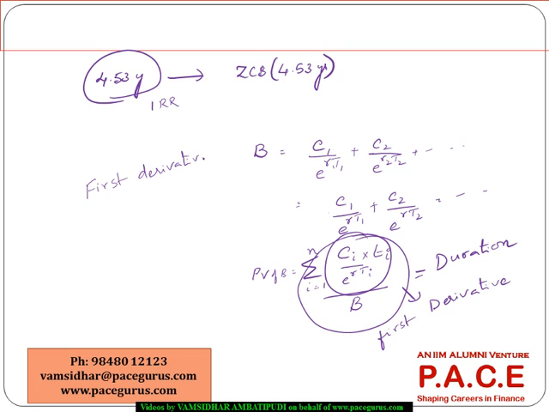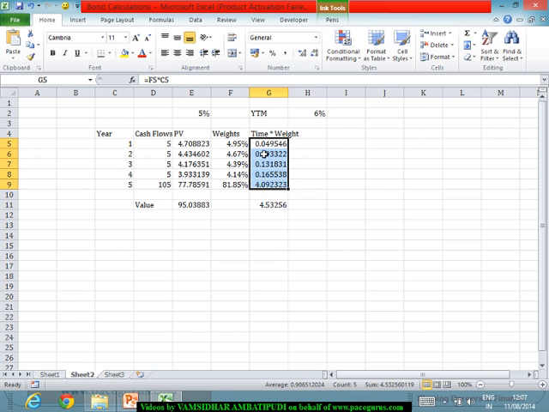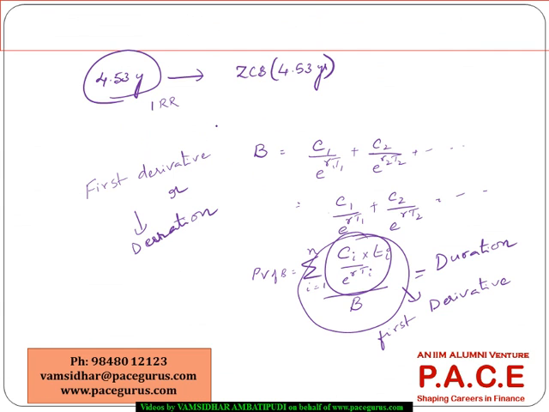If that is giving me the expression relating to the first derivative of the price with respect to the interest rate, that is also giving me the concept of duration itself, which means either I do a weighted average multiplying it like this, or I can talk about the percentage change in price of the bond divided by the percentage change in the interest rate. Now that is the powerful relation that is helping us out in terms of